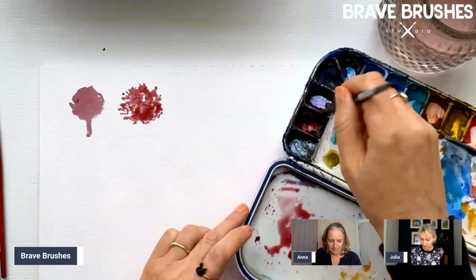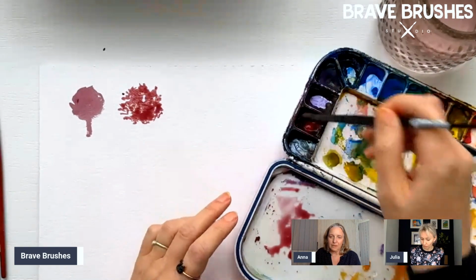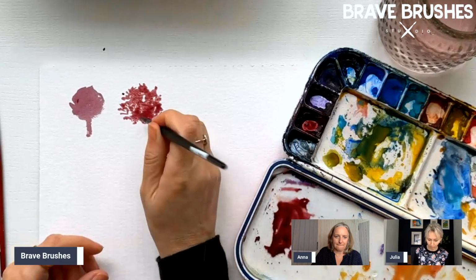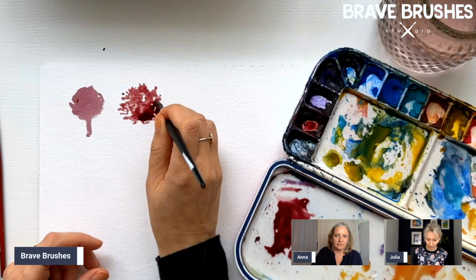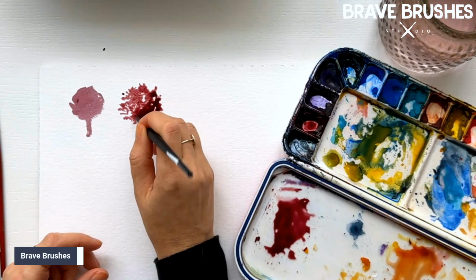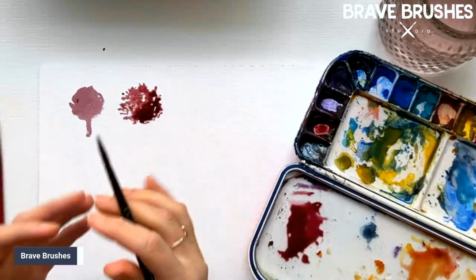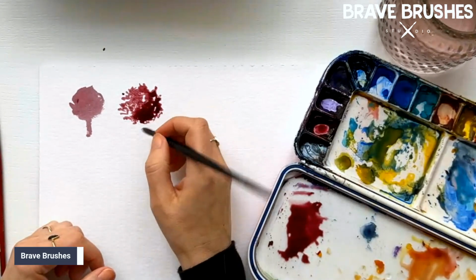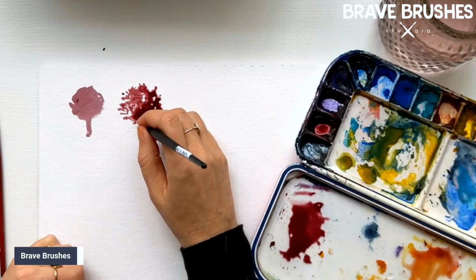Then I take even more color, darker color, and put it on one side of the tree. So to make the shadow dark on one side, and you can see that this way I create the volume in my tree. And then this is why we need it to be